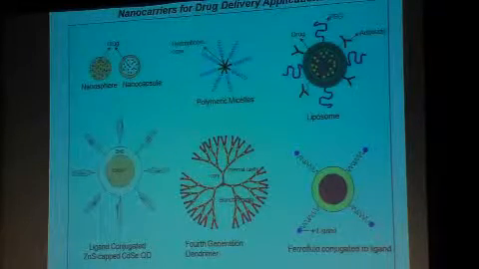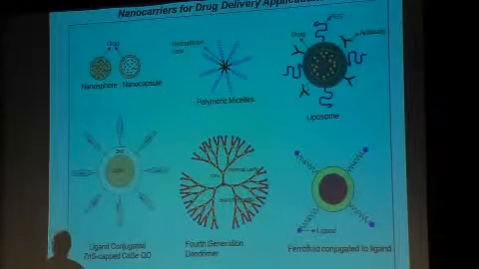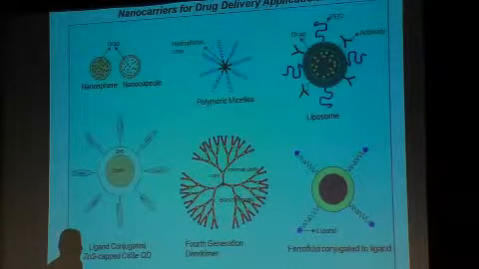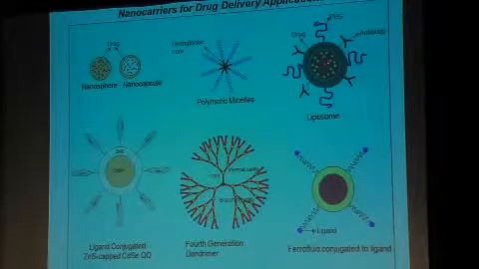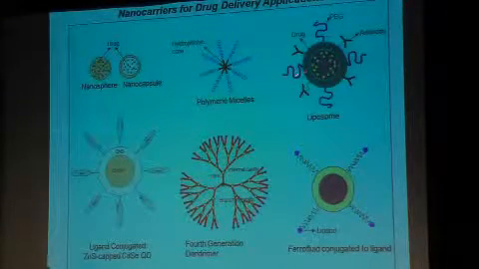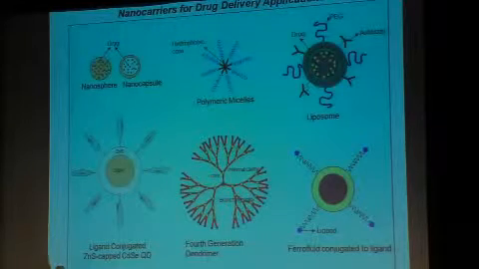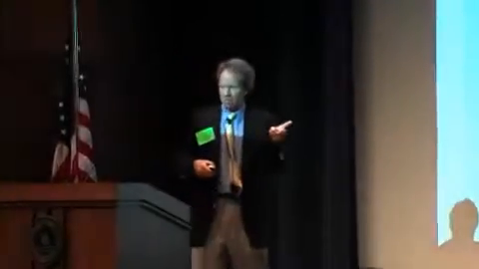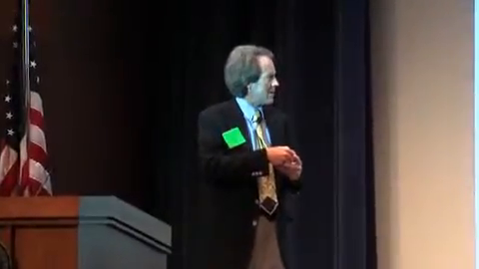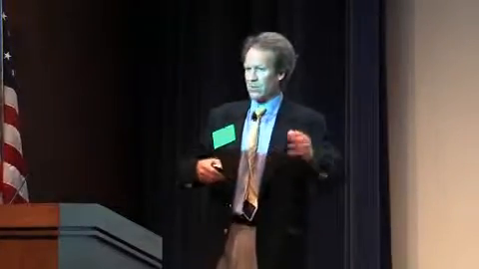In fact, probably the only nano vehicle that is approved for use right now by the FDA is the Doxil product that carries an anti-cancer drug and is decorated with polyethylene glycol chains and no antibodies. So just to destroy people's fantasies, there are very few directed active delivery systems where antibodies decorate the surfaces of particles and guide them magically to their targets. In fact, there are none that are FDA approved.